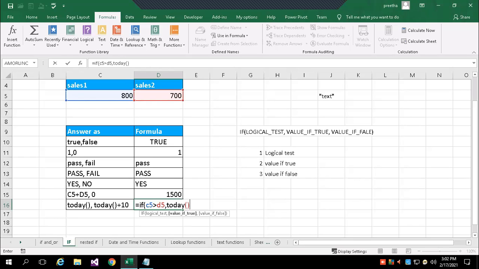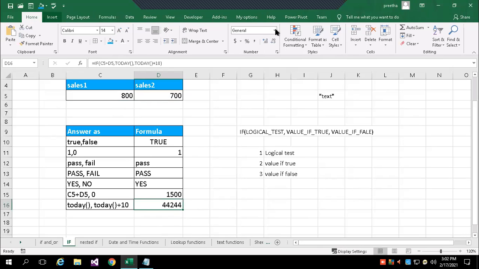What is in your system, the current date will be written, else today's date plus 10 days. So right now in my system, the current date is 2/17, that is February 17th. So condition is true.